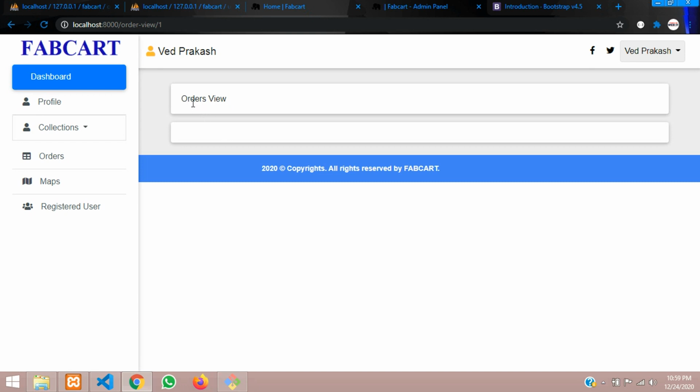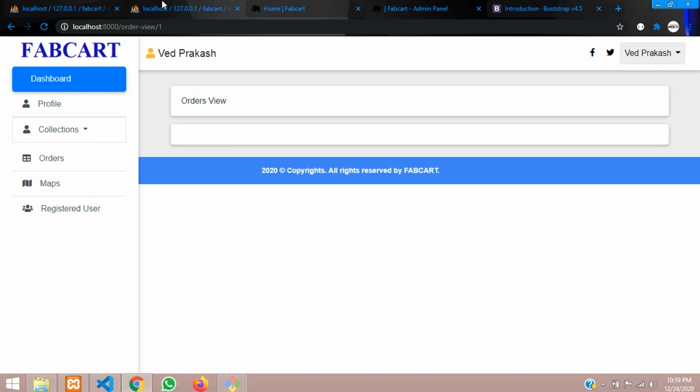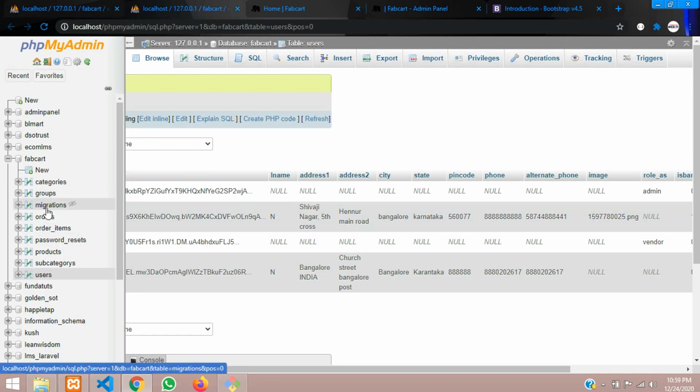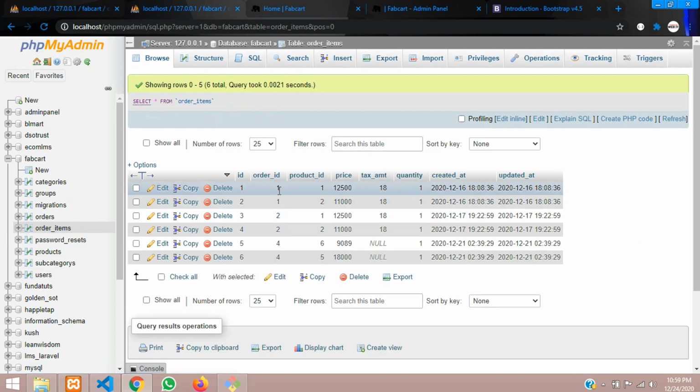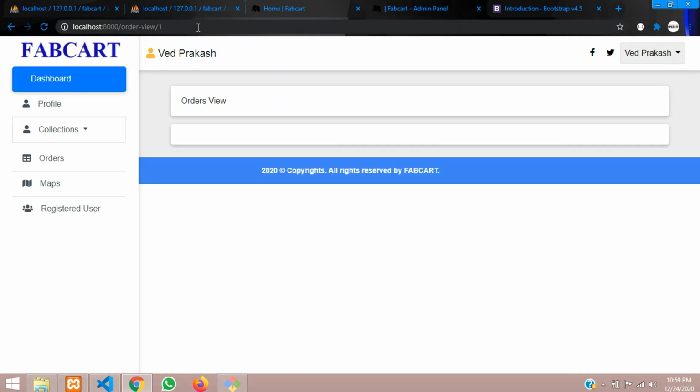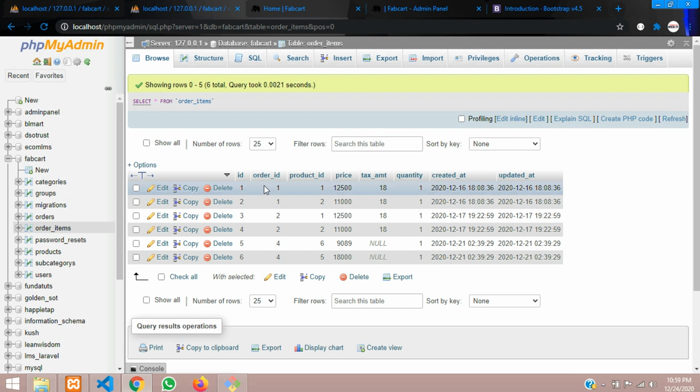Now what we have to get are the items you are storing. I'll show you the order items. Let's clear it. Inside order ID we have numbers one and two, so there are two orders. Order one has these two products, right?